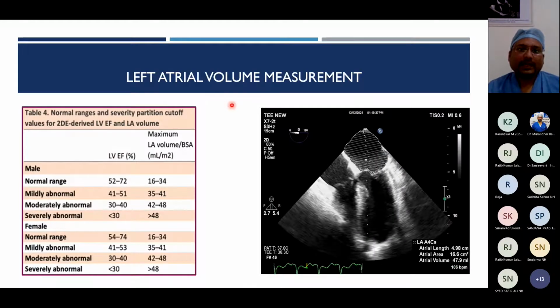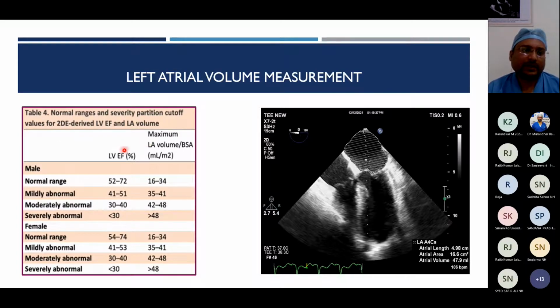Coming to the left atrial volume measurement. Left atrial volume can be measured by Simpson's biplane method, where we have to take 2 frames: the midesophageal 4-chamber view in systole and the midesophageal 2-chamber view in systole. We plot a Simpson's biplane area, and if we press the volume cursor 2 times, it converts into a volume. Here in the LA midesophageal 4-chamber view in systole, we have an LA volume of 47.9, and the indexed atrial volume is what is important for the calculation.